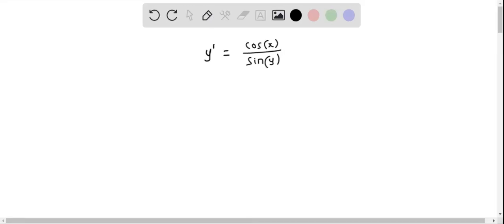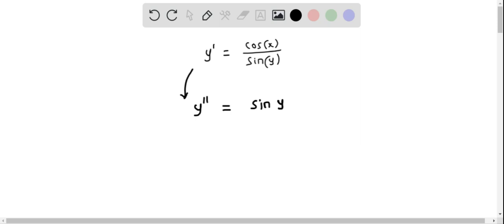Okay, here we have y prime equals cosine of x over sine of y, and we have to find the derivative of y prime. That is, the derivative of y prime is y double prime. So basically, we are finding y double prime, and this equals, here we have to use the quotient rule because it is a quotient. So I'm going to use the quotient rule, and this means I put the denominator function